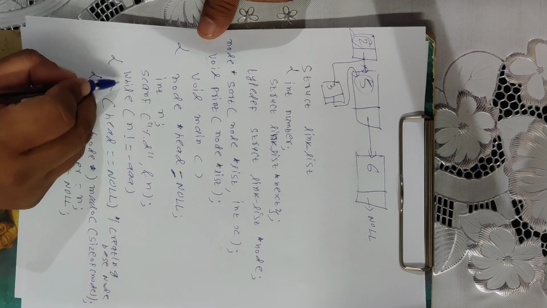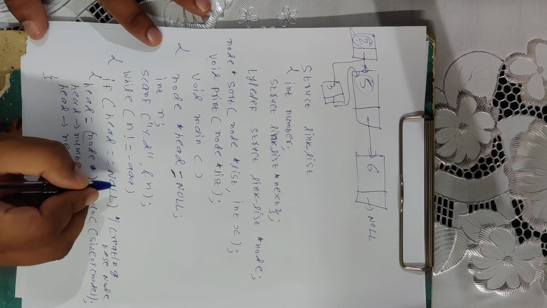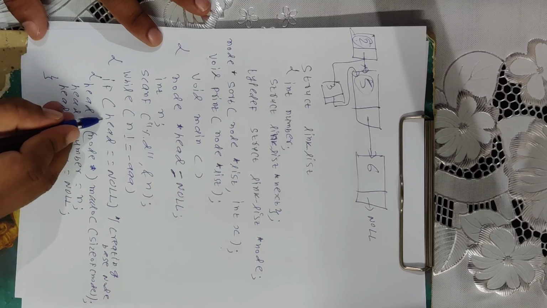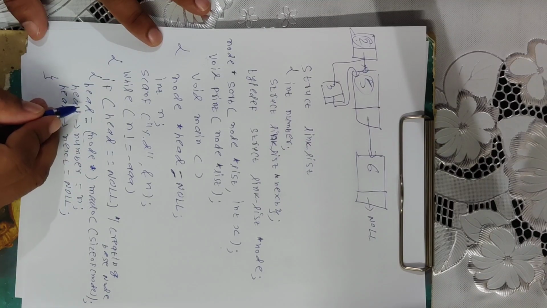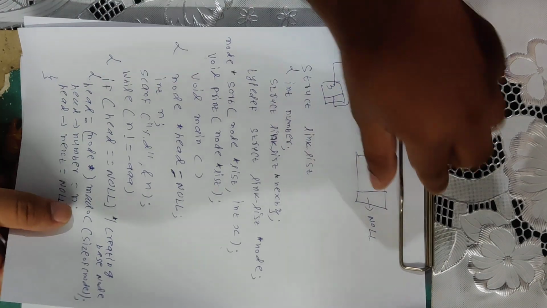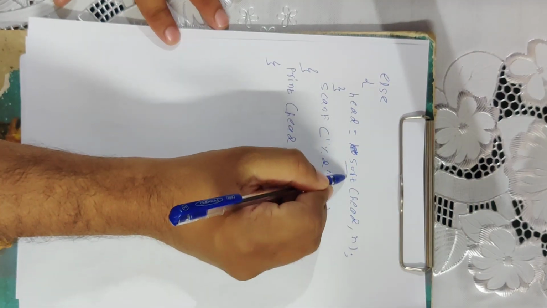Then I have scanned one number. I have used one while loop where the condition is n not equal to -999. Until you enter -999, this loop will continuously run. When you enter the first value, head is equal to NULL, so you will create your base using this. Once your base is created, it will not go inside this if, it will directly go to else. And here we are calling the sort function.